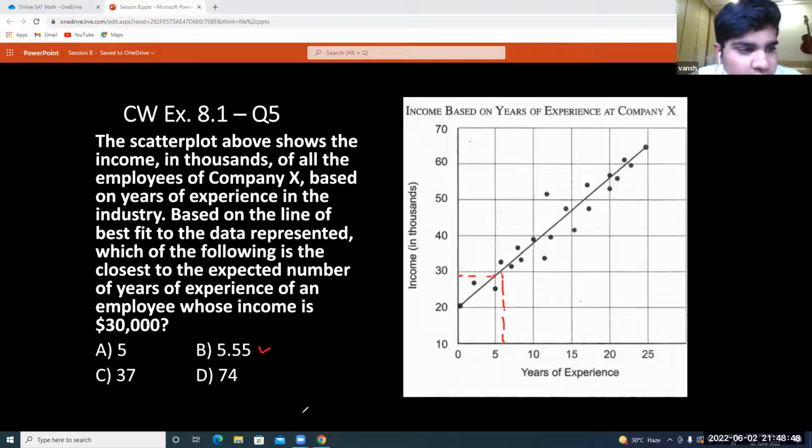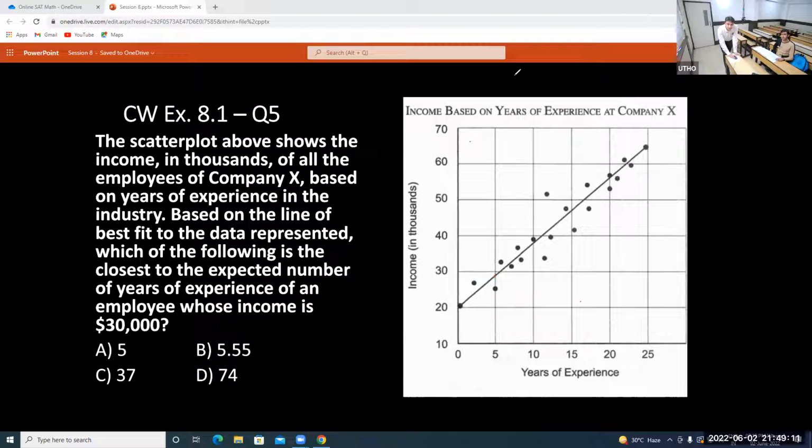Yeah, sir, I didn't see the axis properly. Yes. So there is only one option which is closest to this. It is more than 5 for sure. It is less than 37 for sure. 74 is an absurd value. Answer is 5.55. Okay. On the same data set, which you took so much time to understand,